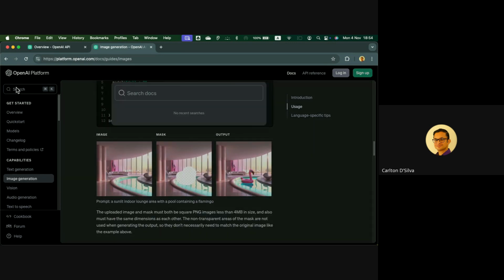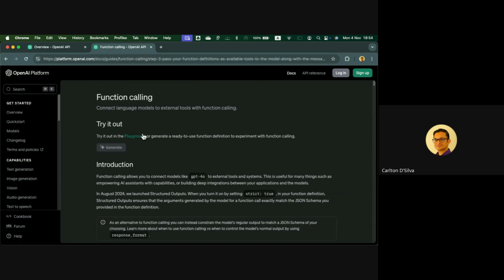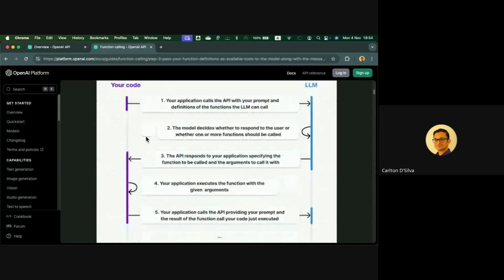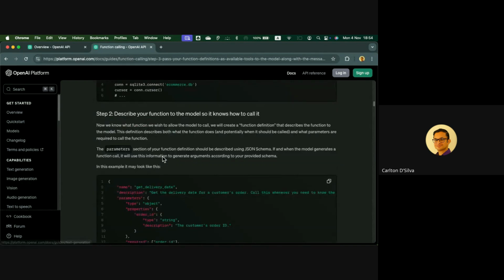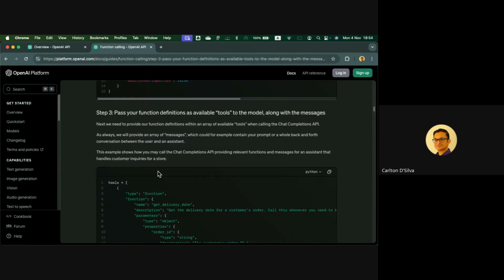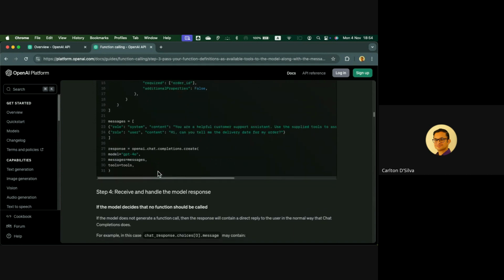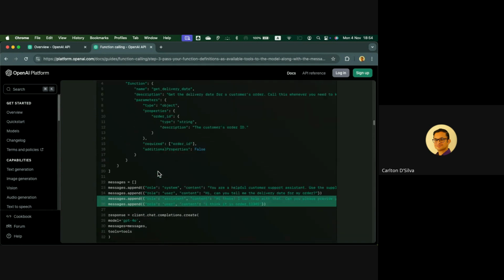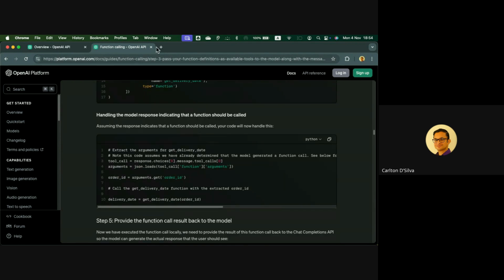I think if you type in here, function calling, as soon as I said function calling, it came up. They will explain how function calling works, and all the things that are required to get it to work exactly the way that's expected. You'd have to go through the documentation, because there's quite a lot of it.